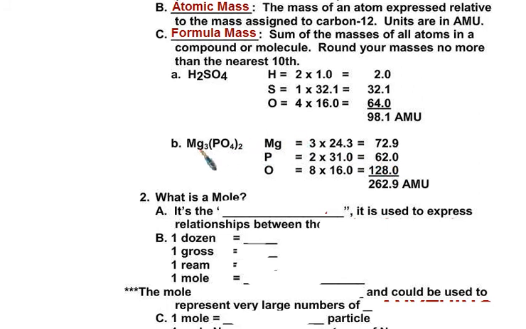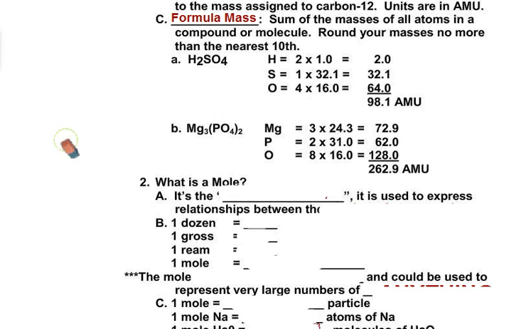You have 3 magnesiums and 2 phosphoruses and 8 oxygens, and you can do the math similar to the way we do it up here, but I'm going to suggest you do it in a different way. Instead of calculating each one of these atoms individually and adding all their masses together, I'm going to suggest that you find the mass of the